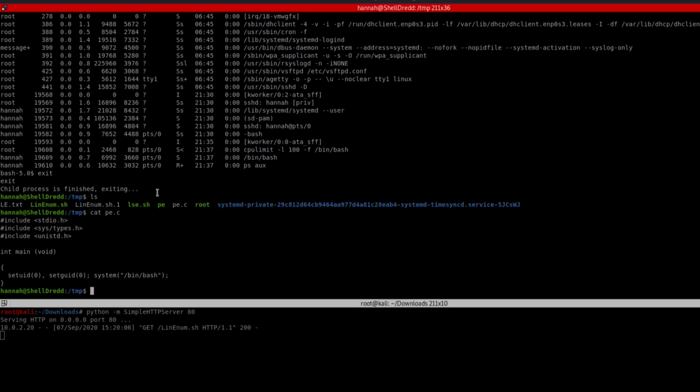As you can see, this is the PE file that I've already compiled, and I've changed the permission to make it executable. I'm using the same CPU limit command that we have used before, but now I'm going to run the PE executable that we have made earlier.